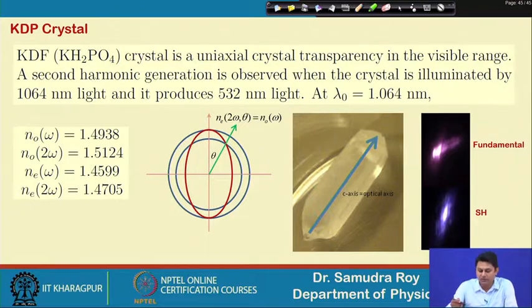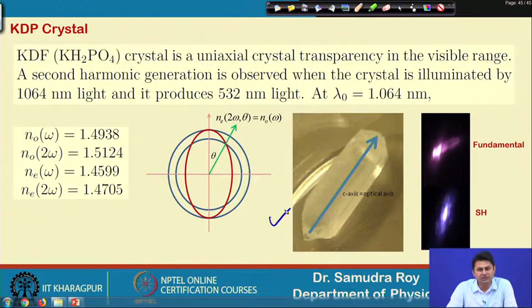If you look at this slide, there is a lot of information dumped here. One is the picture of the crystal, and the optics axis is also shown. The optics axis is a preferred axis along which we can define many things, and along the optics axis the velocities of the ordinary and extraordinary waves are the same. That means the refractive indices along this direction are the same. So, this is a very important direction for the axis, but here we also show one important thing, and that is how the second harmonic is generated.